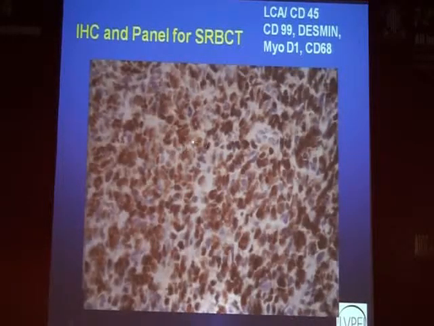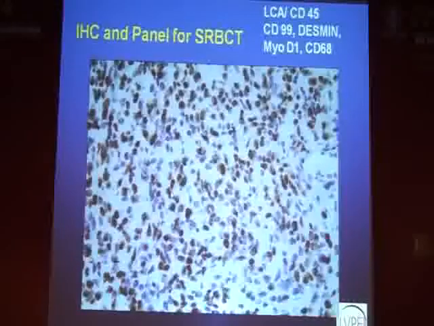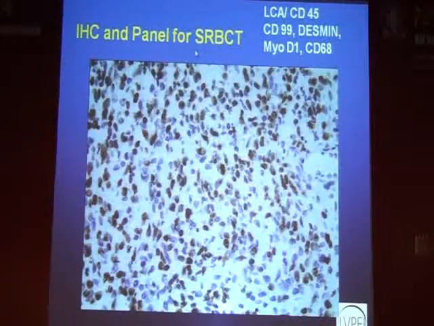These are all the cells which are undifferentiated, which we saw in that picture, and they all have taken up MyoD1. And this is just to show the high rate of proliferation which we see in rhabdomyosarcoma. This is a Ki67 stain, and it shows that they have a high positivity, that is, they have a high rate of turnover, and that is why they grow very rapidly and come back to the clinic within 2 weeks